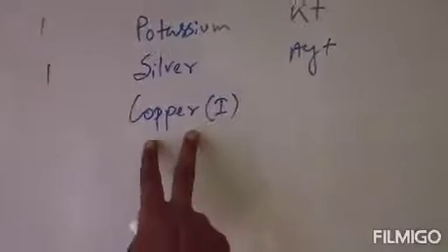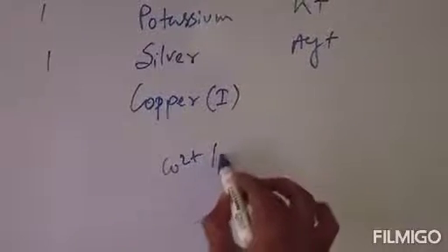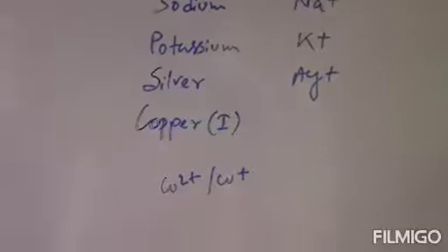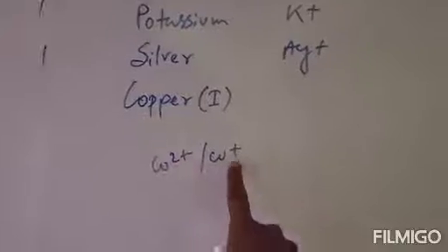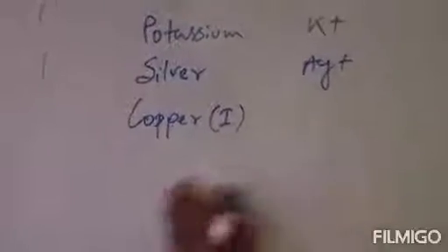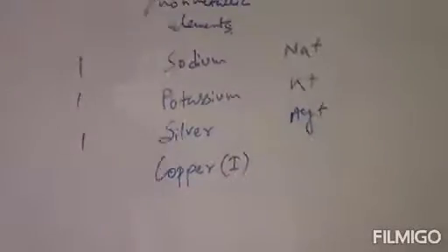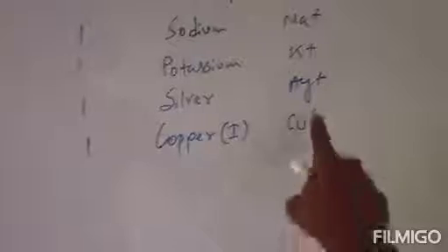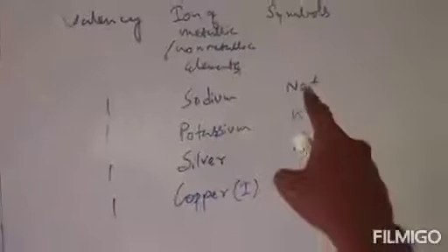So copper has variable valency, because copper can be found as Cu2 plus, and it can also be found as Cu plus, depending upon the type of compound copper forms. That means the valency can be plus 2, or plus 1. Now here it clearly mentions that copper has valency 1. So its formula will be Cu plus, and valency will be 1 because only a single charge is present. So these are the valencies of sodium plus, potassium plus, silver plus and copper plus.